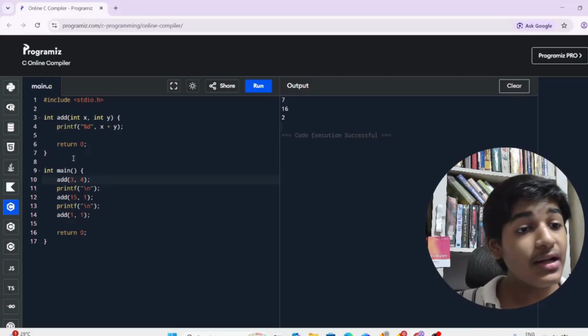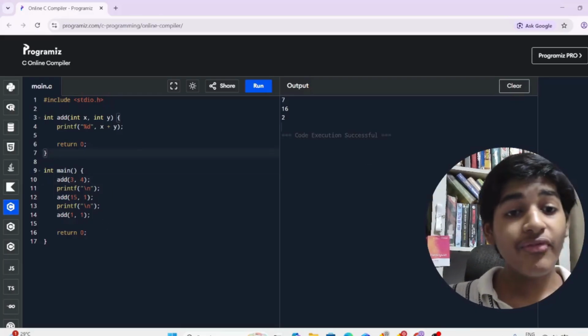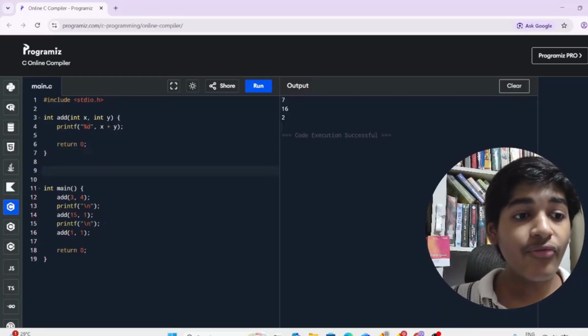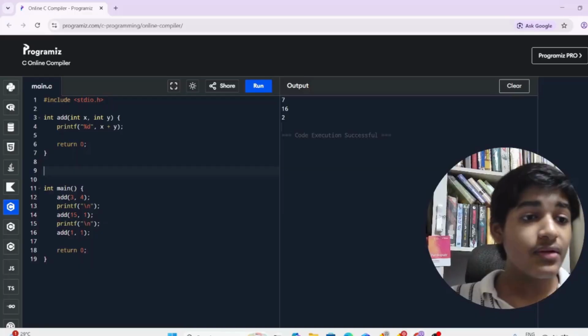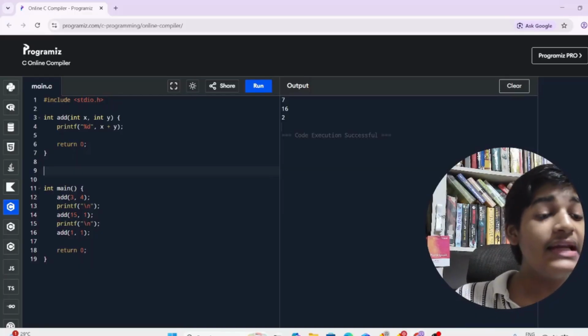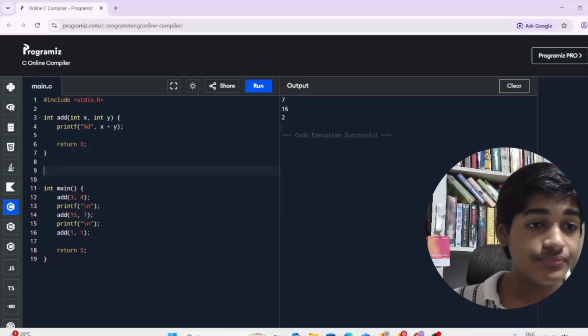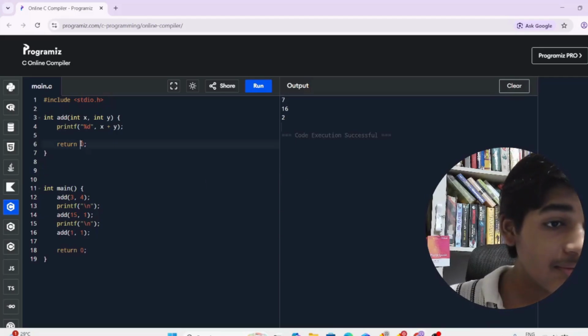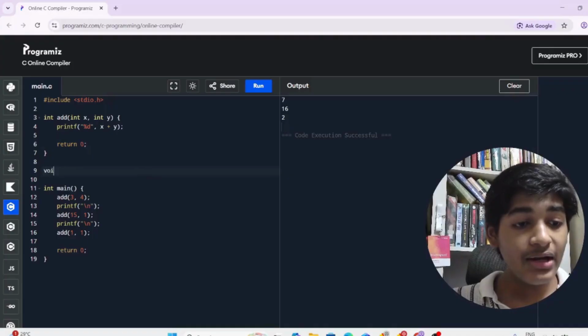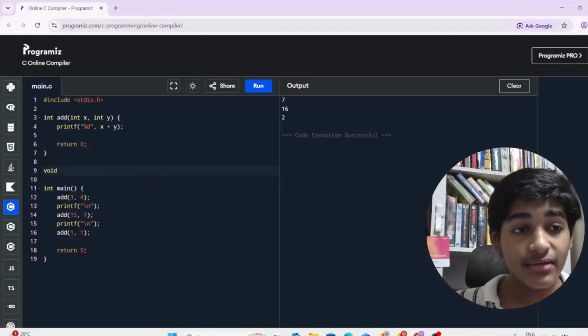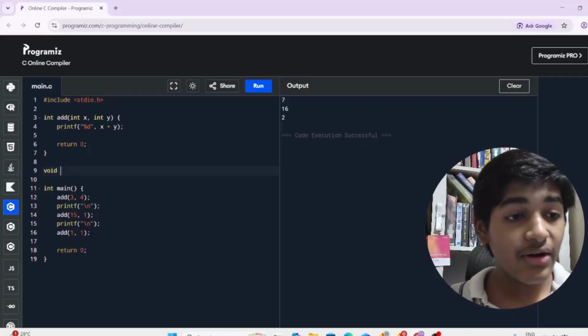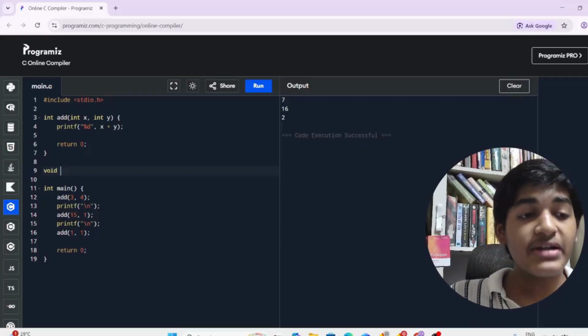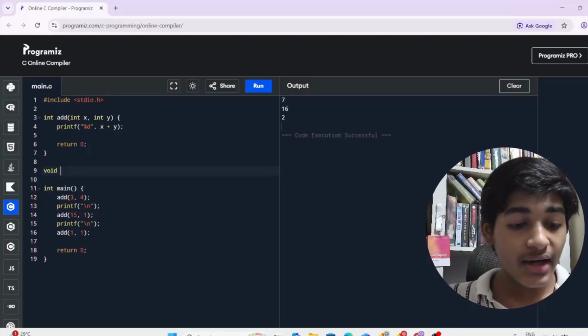Like this I can create another function. This time I'll create it of void type. Now what is void? Void means I am not returning any integer value, I am returning a null value. Here I need to write return 0, but when I write void, I don't need to give anything. So if I want to create a function which greets the user, I can write void greet,